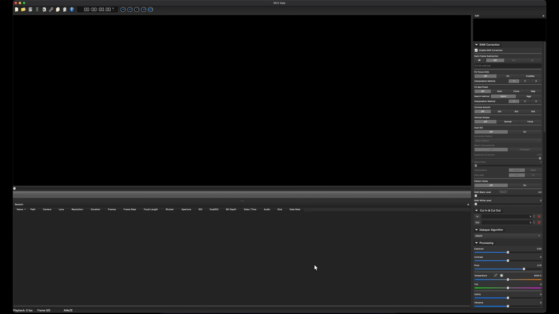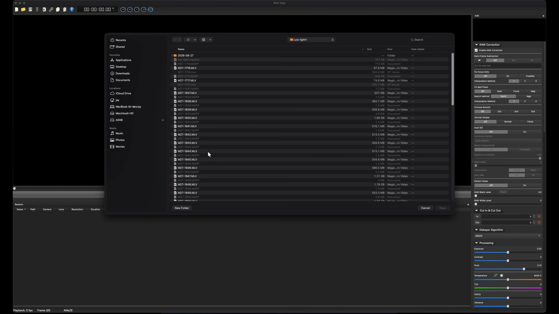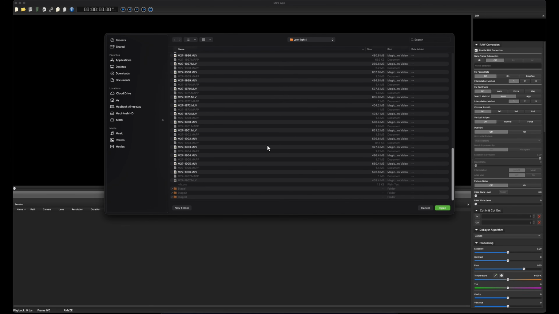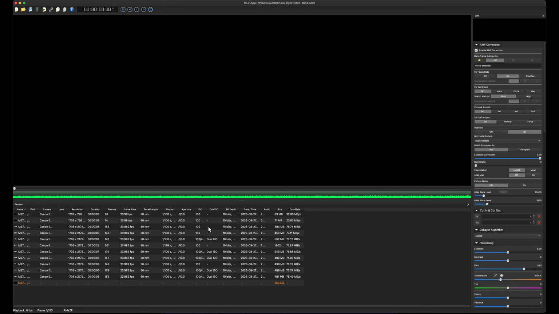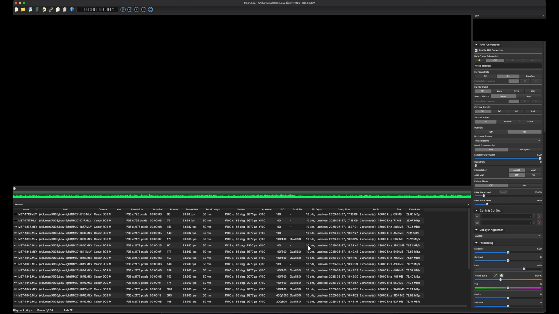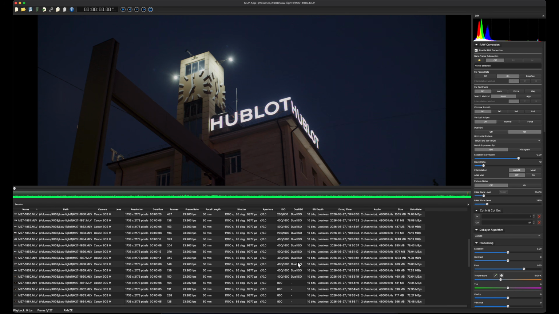Hey everyone, so today we're going to do a very quick workflow tutorial on, I would call it, the advantages of using dual ISO on regular ISO footage. And for that we're going to need some footage. So these are the clips I filmed yesterday, and they're perfect because these are low light clips, and I filmed them in low ISO, high ISO, and dual ISO. So as you can see here,